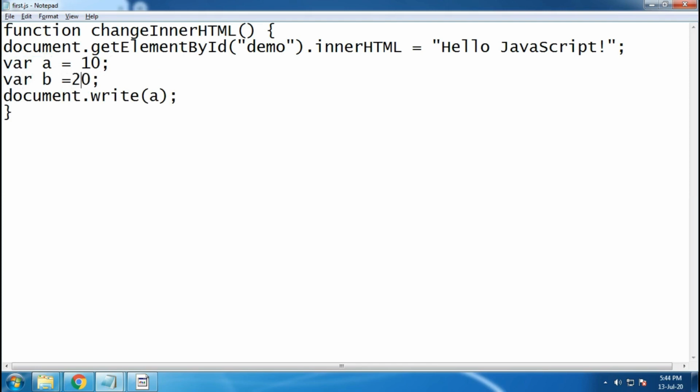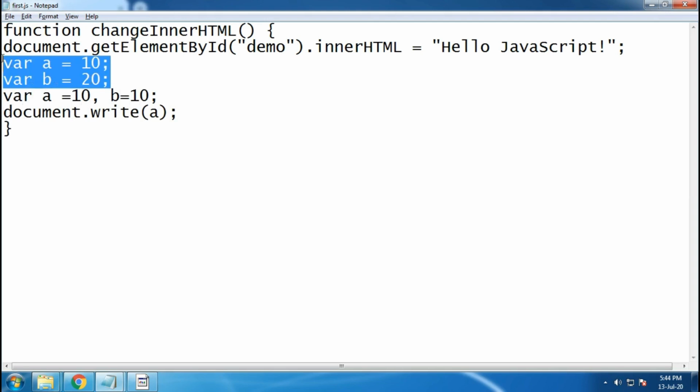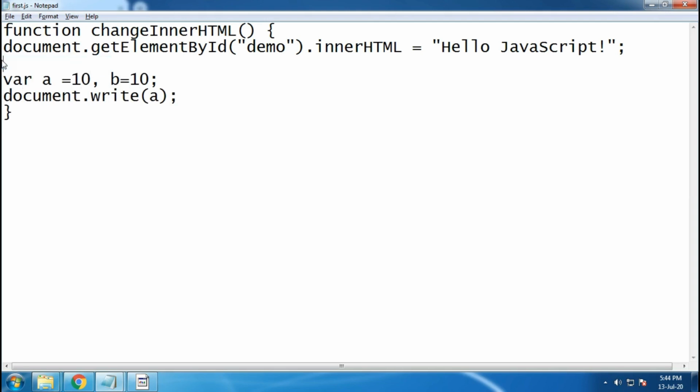If you want to define multiple variables, you can define them in one line like this, with a comma in between them. Okay, but you need to put this comma between them. I can delete this one just to show you.